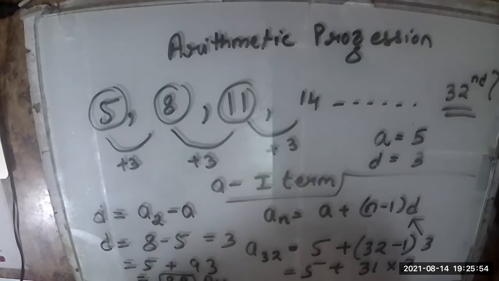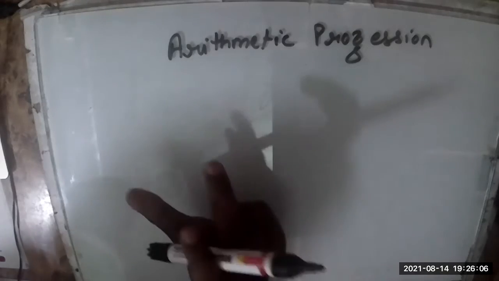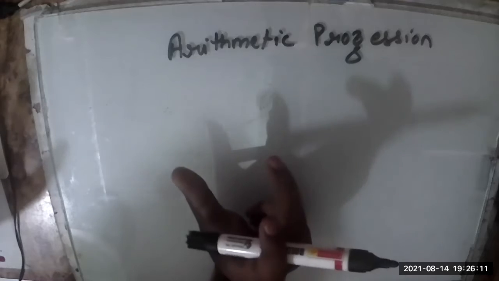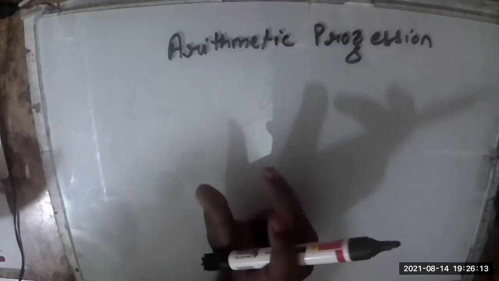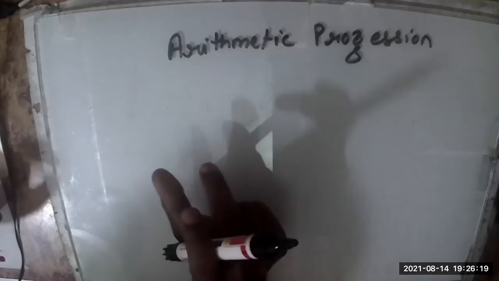I would also like to explain one more thing about this arithmetic progression. Now the basics are clear. What is AP? AP is just a series of numbers which have a similar pattern. Either the same number is getting added, or the same number is getting subtracted in each term.